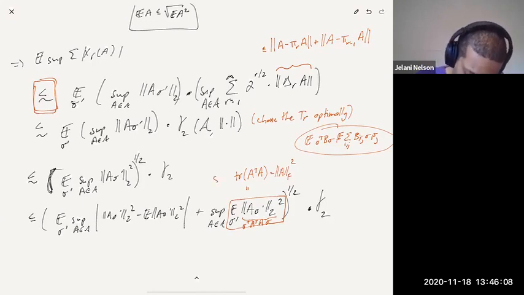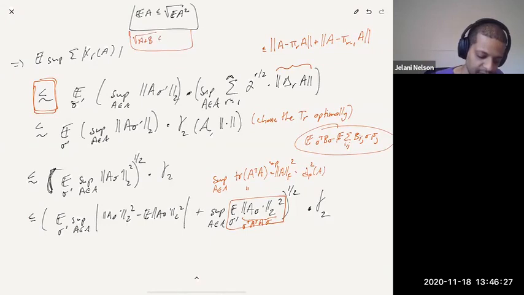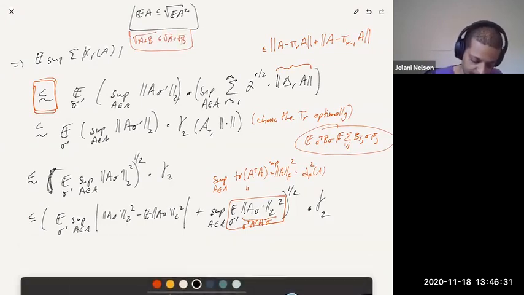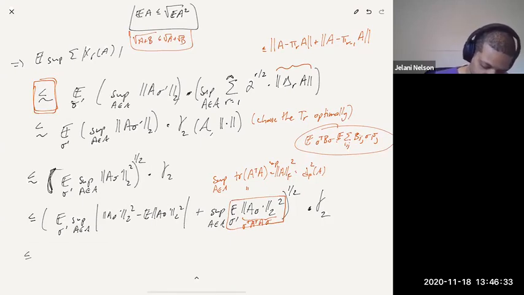So then if you take the sup over that, that's the sup over the Frobenius norm squared. That's just equal to the Frobenius radius squared. Okay. And then now you use the fact that square root of A plus B is at most square root of A plus square root of B. So now what we get is, this is at most